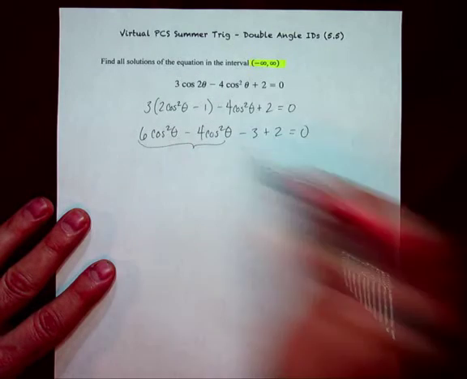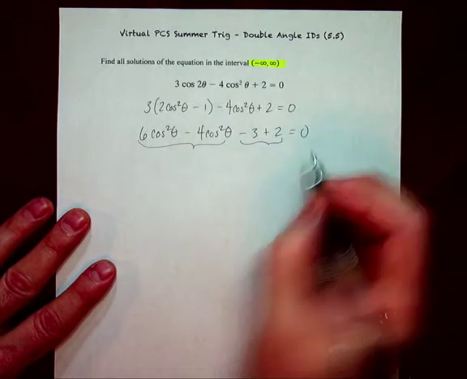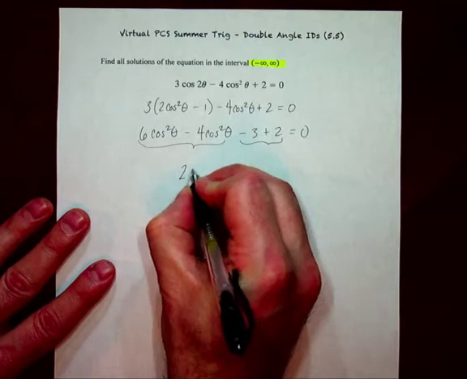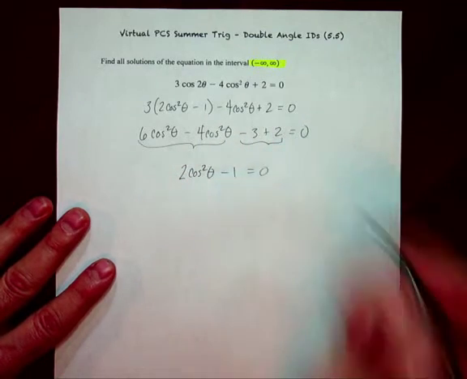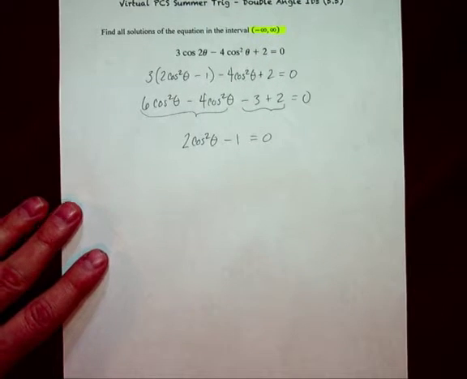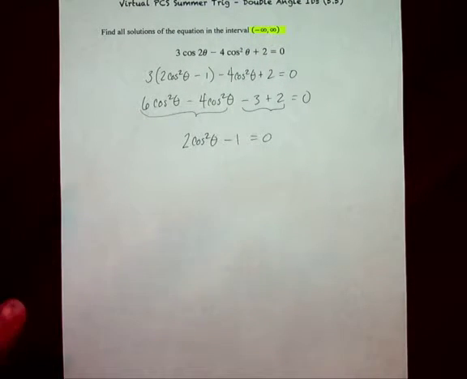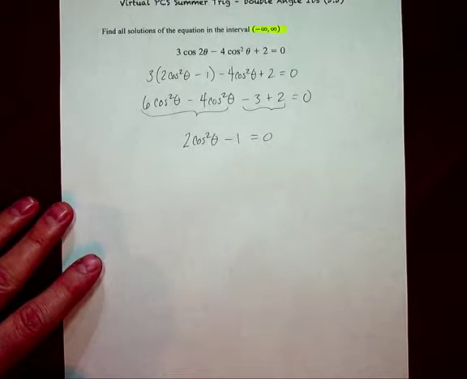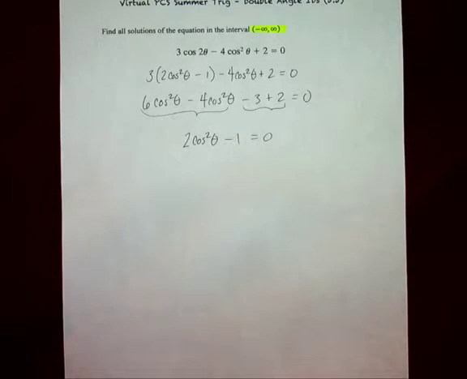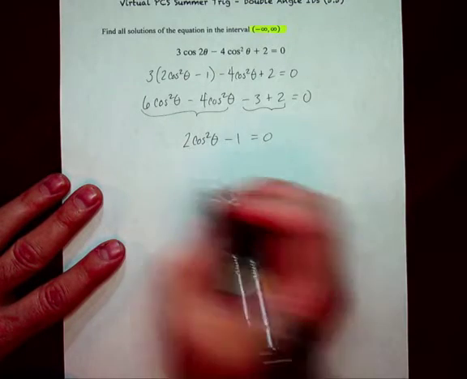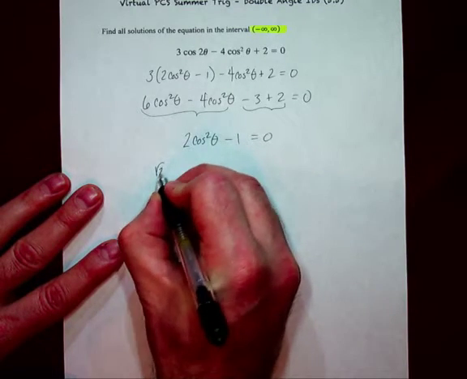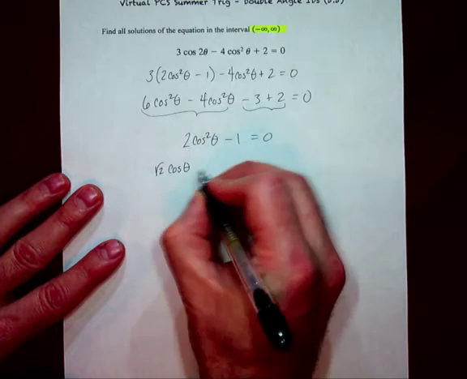These 2 are like terms. These 2 are like terms. I'm going to get 2 cosine squared theta minus 1 is equal to 0. Now, you can either go ahead and set that and solve that. You just have to remember the plus or minus. If you're one of the people that forgets the plus or minus, then you can force factor this one